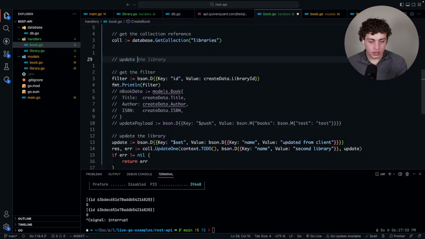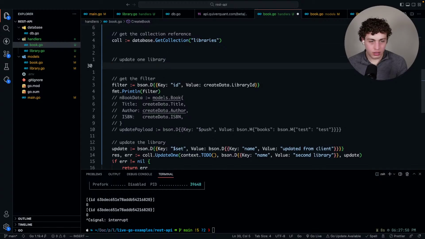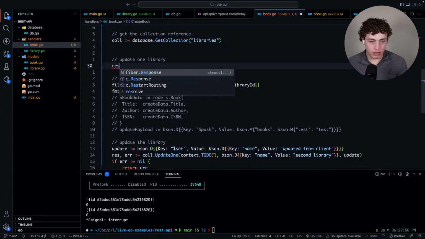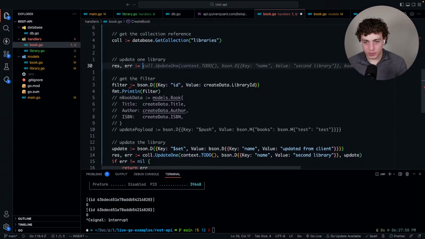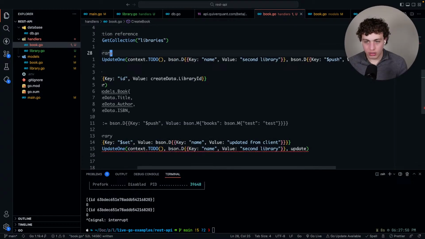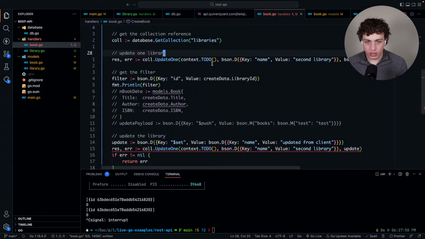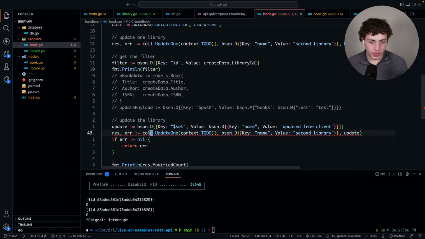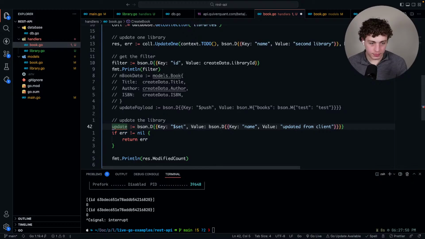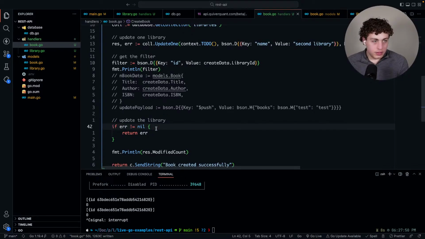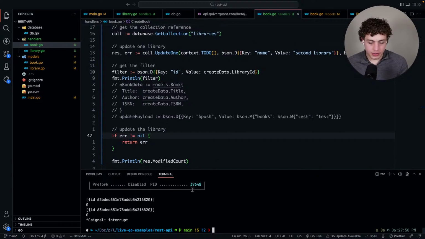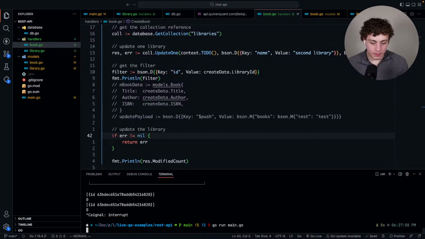Update one library. Update one. I don't know. Copilot. Is that right? Is that going to magically fix it? I don't think it changes anything, but